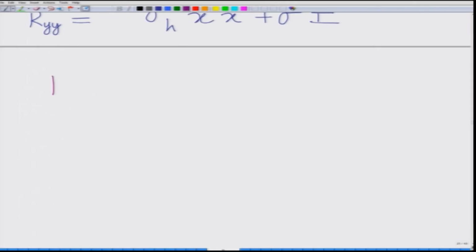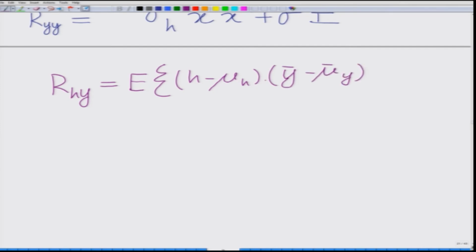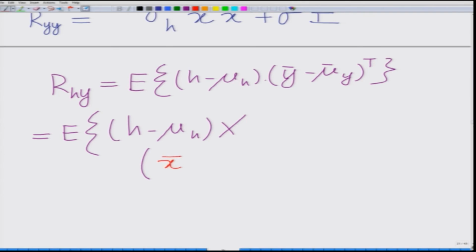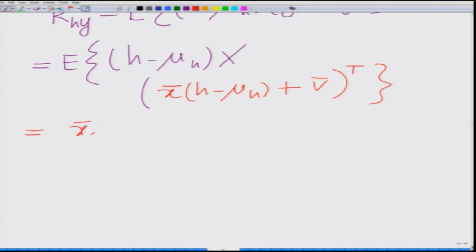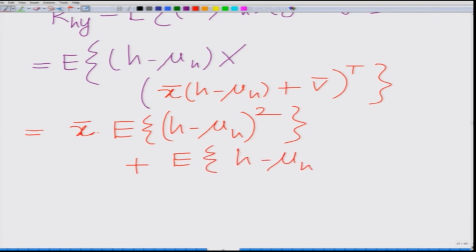That will be given as R h y equals expected value of h minus mu h into y bar minus mu y bar transpose, which is basically h minus mu h times, as we already simplified, x bar into h minus mu h plus v bar transpose, which will be equal to x bar, once again taking x bar out of the bracket, x bar times expected value of h minus mu h whole square plus expected value of h minus mu h into v bar transpose. Of course, we know this is equal to 0,